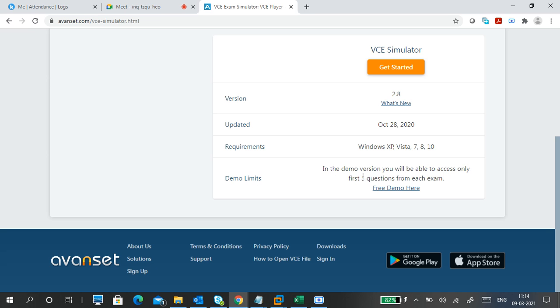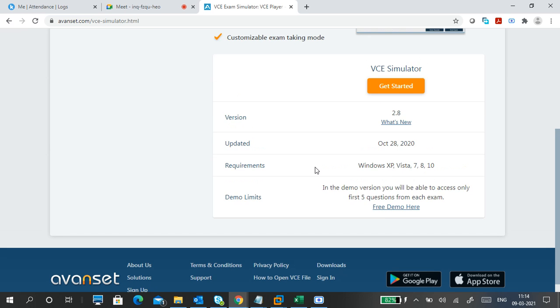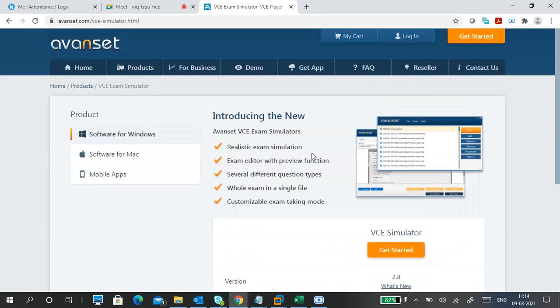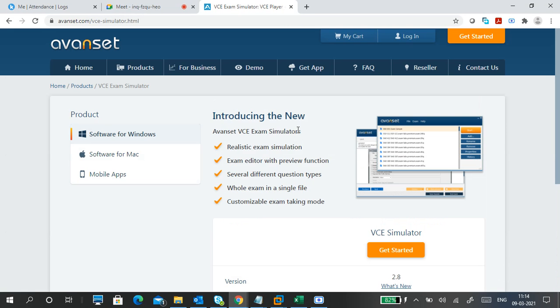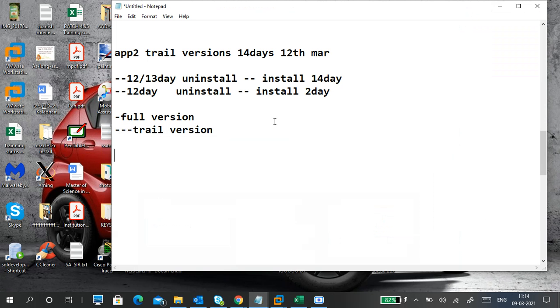In the demo version you will get only 5 questions, but if you want to open all the questions, you have to pay for it. You can't pay for a complete product; you have to pay for 30 days or 40 days only. If it is not extending even after you pay, you have to contact support. Nowadays we contact online support, everything is there, right? But it was not there much earlier.